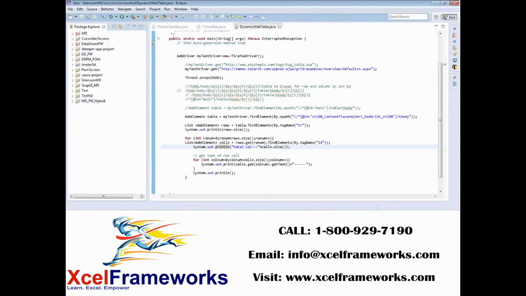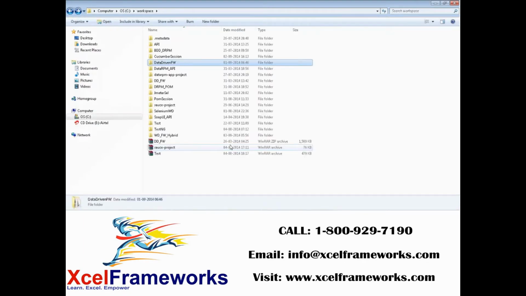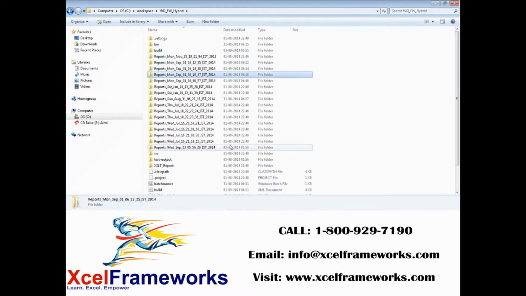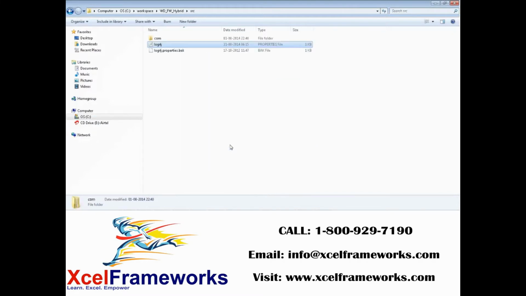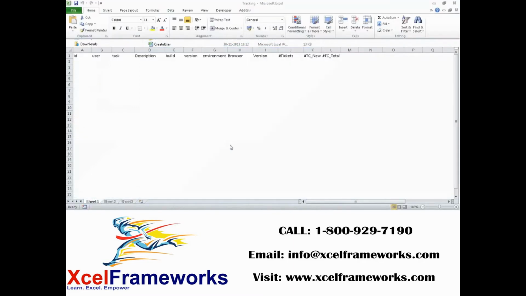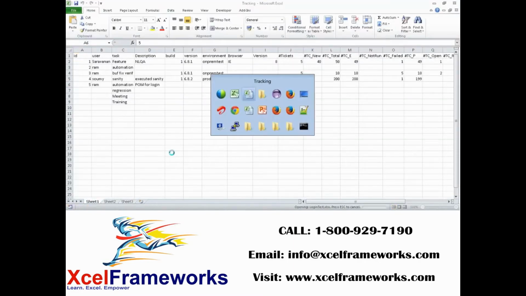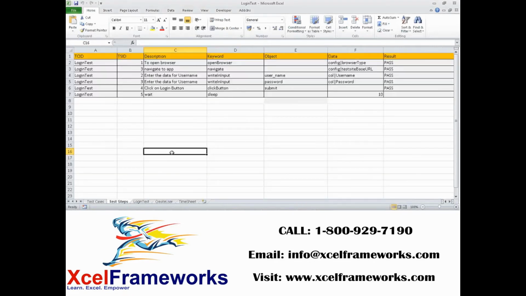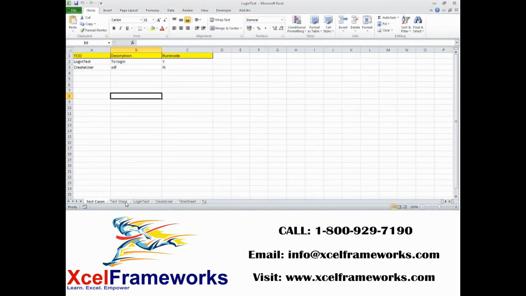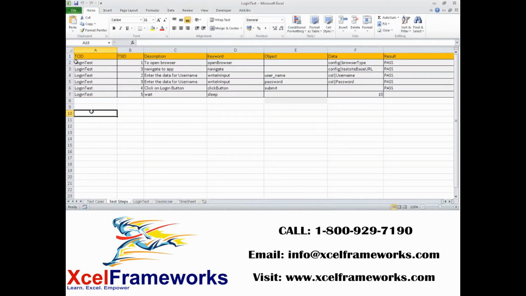And also, if you want to see the WebDriver framework, I can just give a very high level overview. That is the hybrid-driven framework. It's very popular. What we generally do in this kind of framework is write a test case in a Microsoft Excel sheet, wherein I say open browser, and it should open a browser. Which browser? We configure it, let's say Chrome.